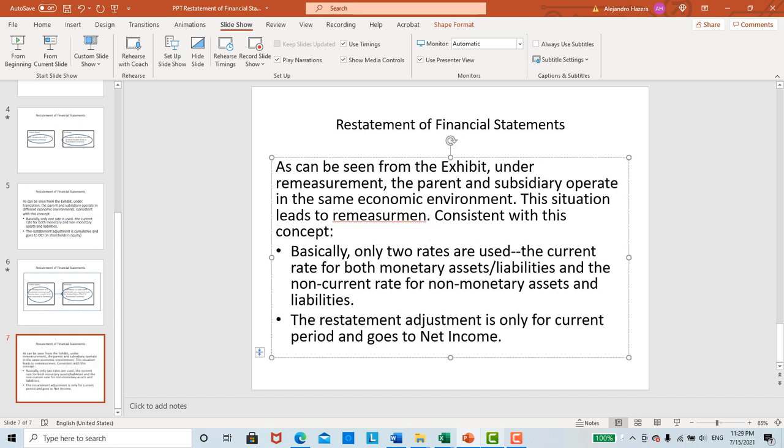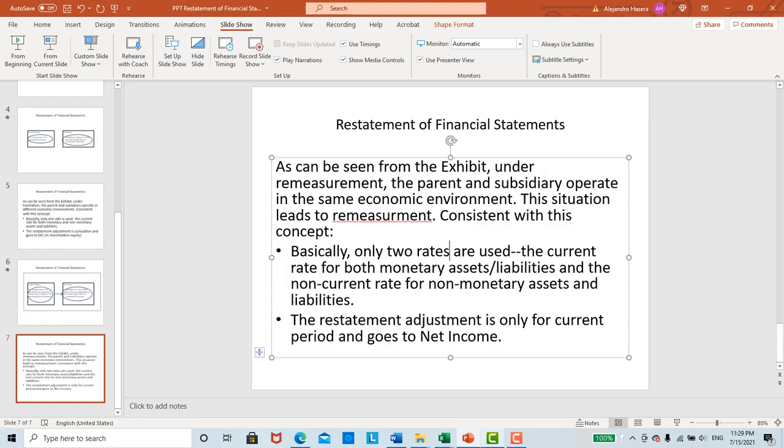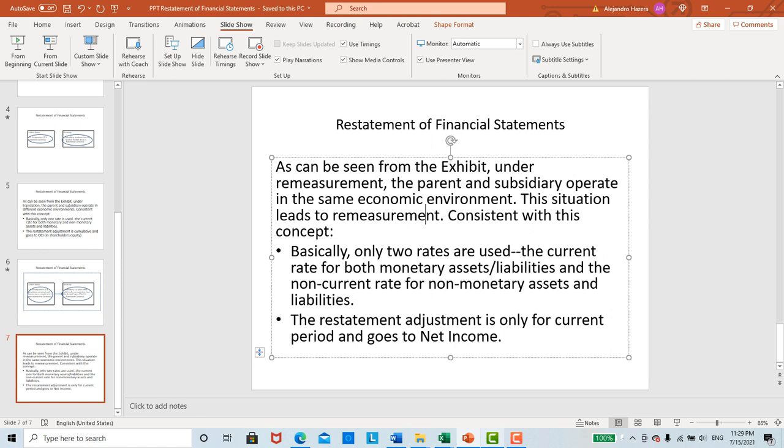Okay, and consistent with the concept that they operate in the same economic environment, I'm going to save the slide here because I'm going to put them up for you. Okay, remeasurement does things a little differently than